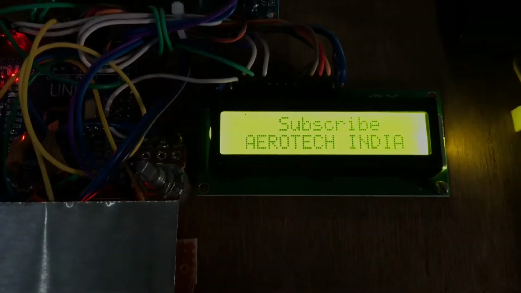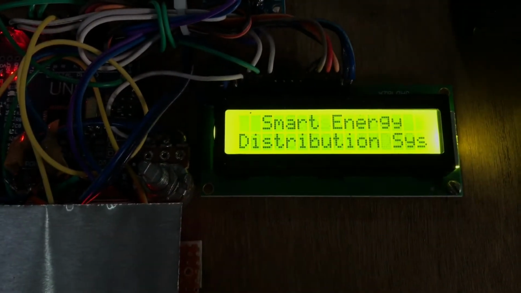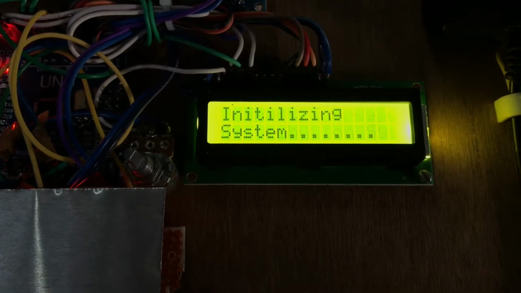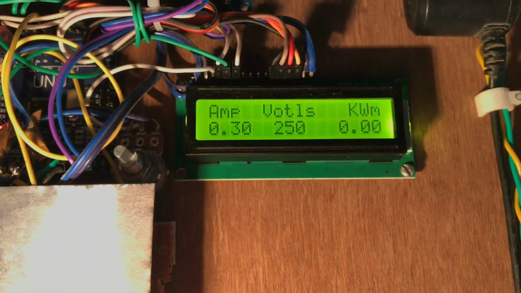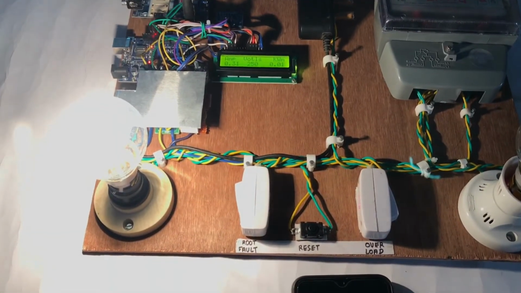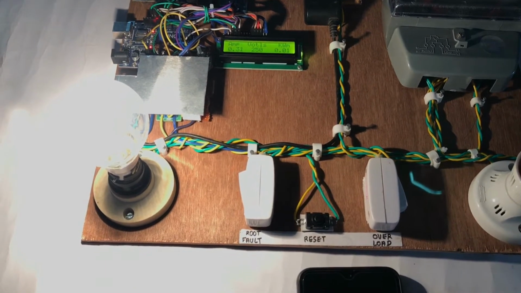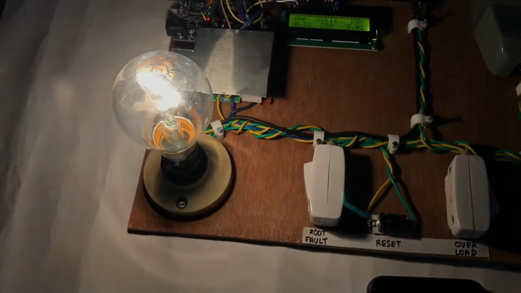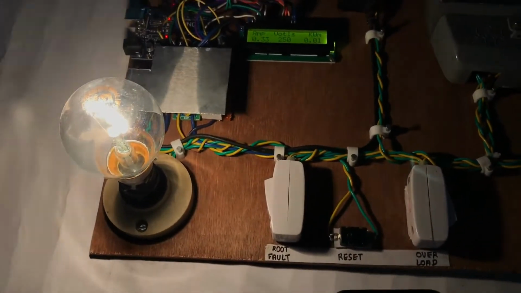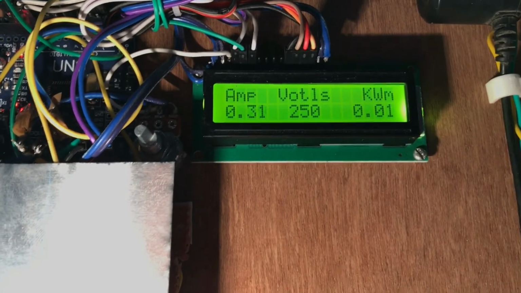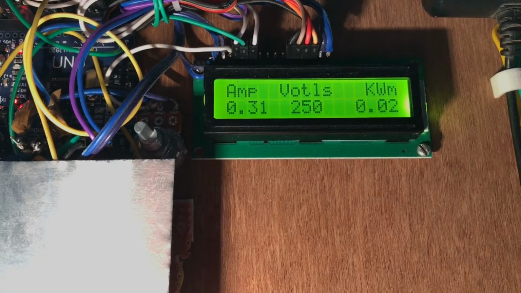As you can see, when we power it on, it gives the message subscribe Aerotech India and project name Smart Energy, and initializing system. When the system is initialized, the load is distributed normally. Power is going to the power bulb and the reading of power consumption is given on the display.